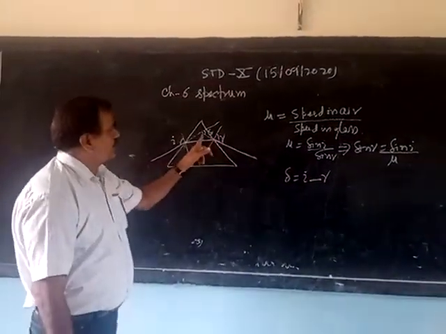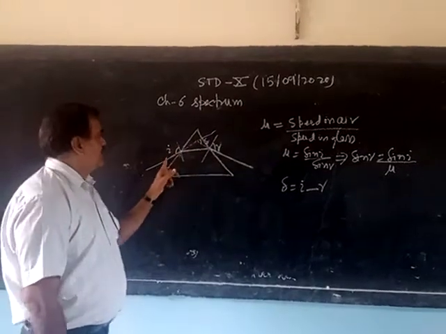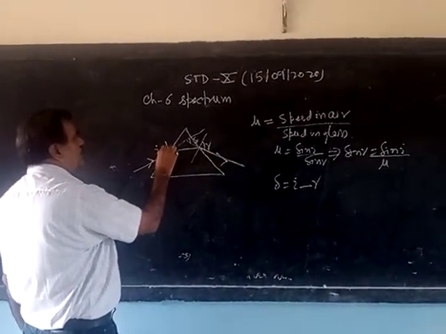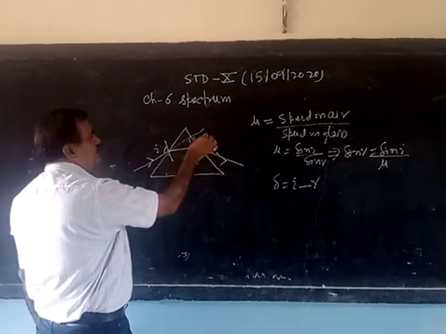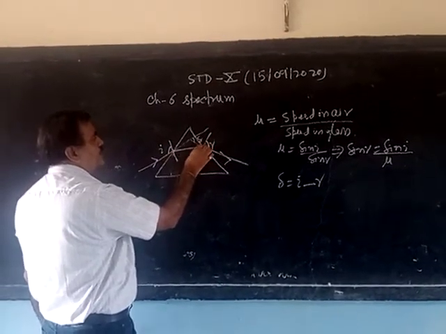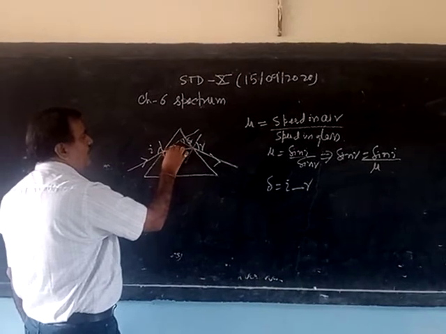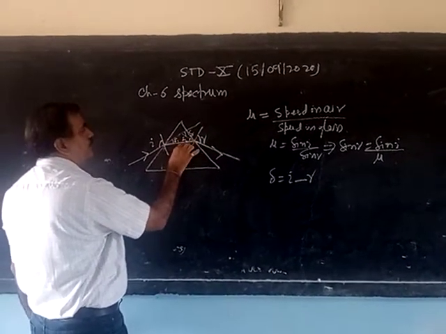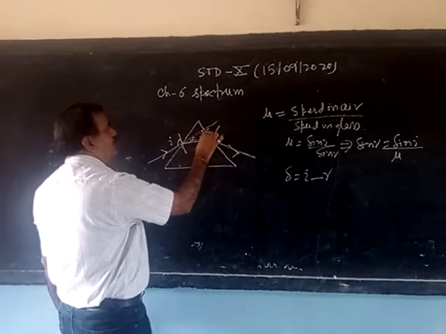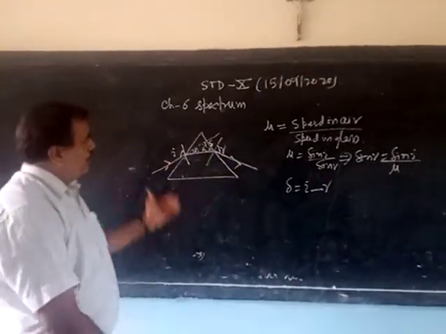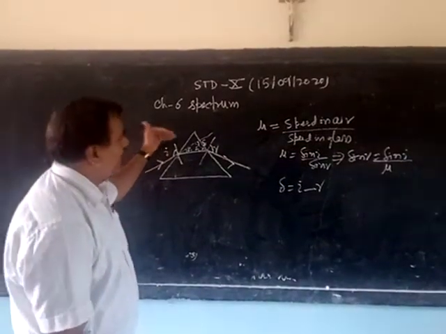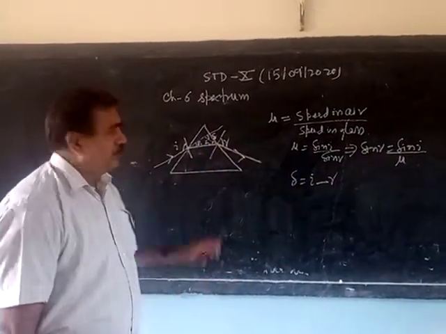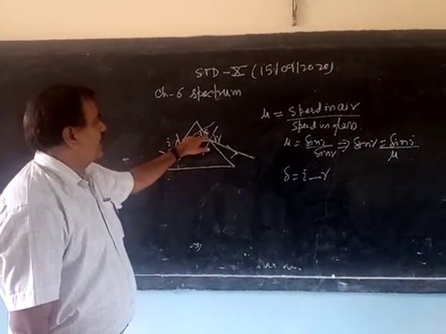So in the last chapter you have studied this. This is the incidence ray, this is the emergent ray, this is the normal, this is the angle of incidence, this is the normal, this is the angle of reflection, this is delta 1, the deviation on this face, this is delta 2, the deviation on this face, and this is delta, the deviation produced by the ray when a ray of light enters from air to glass and emerges out in air. So the total deviation produced is delta.